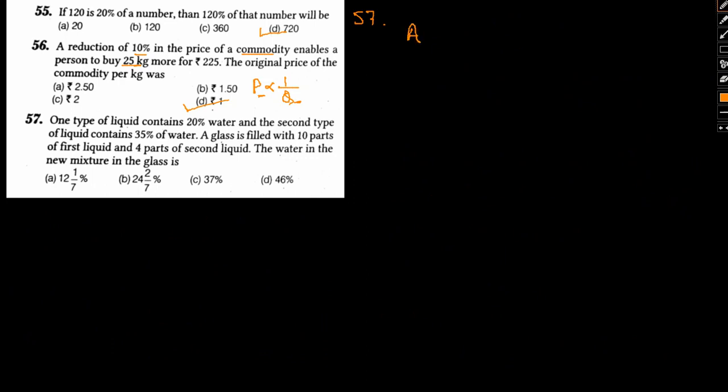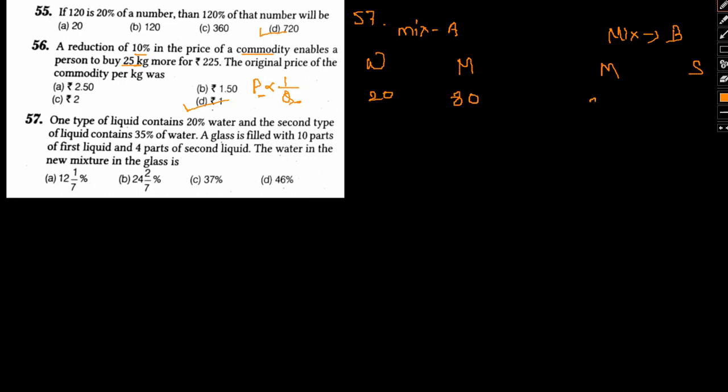So let me do one thing. Say this is A and another is liquid B. So water and, say, this one is some type of, say I'm considering it milk, just for namesake. This is mixture B and this one is mixture A. So A contains 20% water and 80% milk.